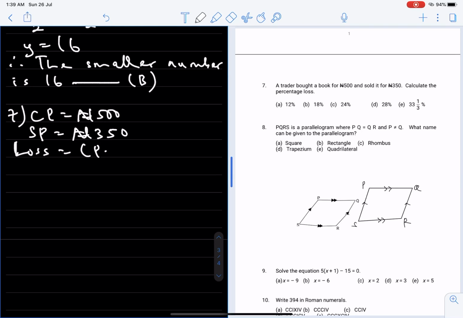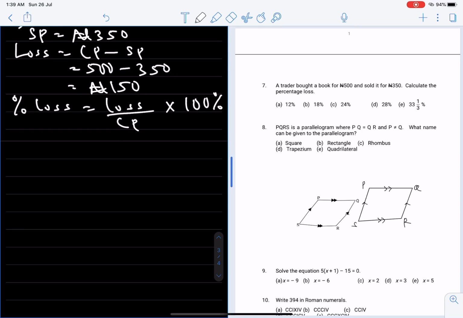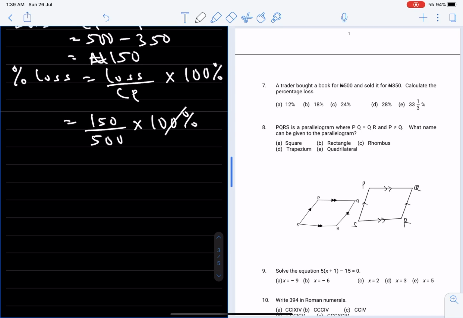going to be cost price minus selling price, and that's 500 minus 350, which is 150 naira. Therefore, percentage loss equals loss over cost price times 100%, and that's equal to 150 over 500 times 100%, which simply means 0 cancels 0, 0 cancels 0, 5 here 1, 5 in 50 is 30, and that's 30%. The correct option is